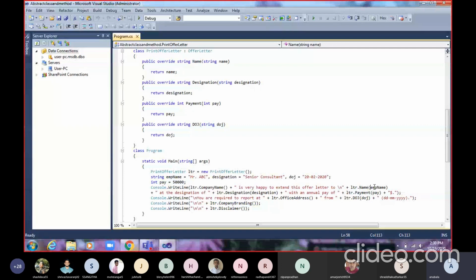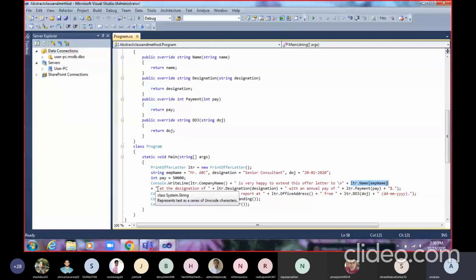So this is one message from the company to the employee. The company name, using the company name method, is very happy to extend this offer to, is the message that will be concatenated with the employee name. Again it will be concatenated with at the designation of.